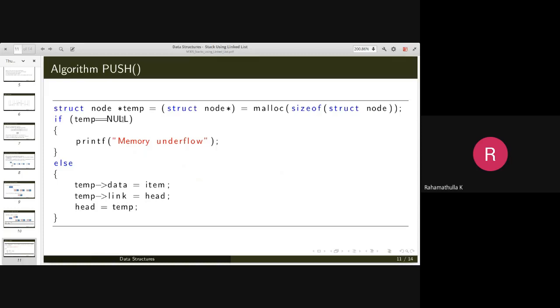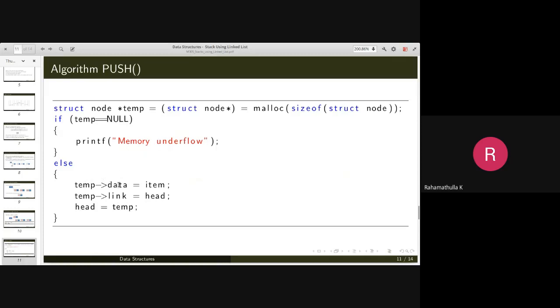Meaning that the malloc statement was not able to allocate memory. So if temp equal to null, memory underflow, and this is your size restriction. There is no size restriction like the case of array implementation. So if temp is equal to null, that is, malloc was not able to allocate memory, you cannot insert anymore.